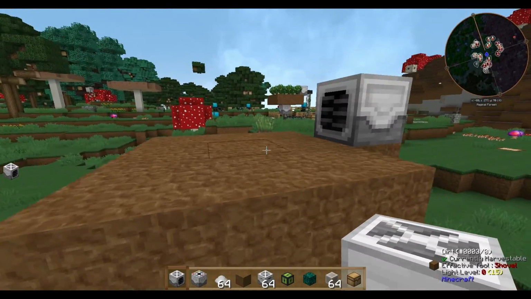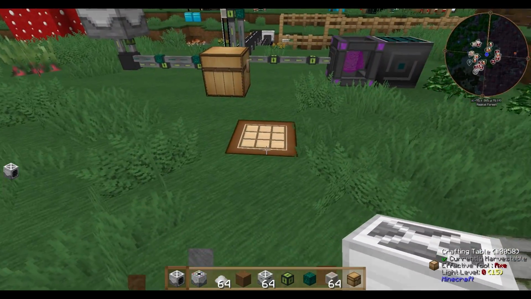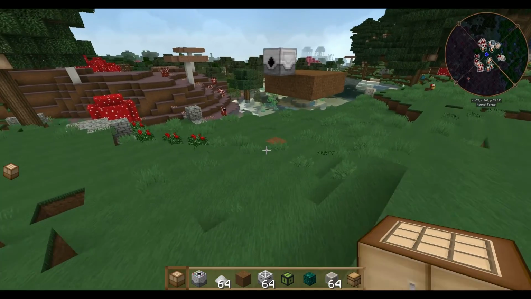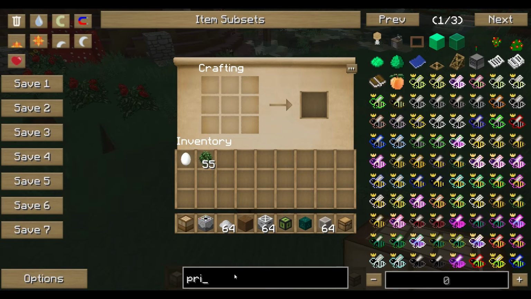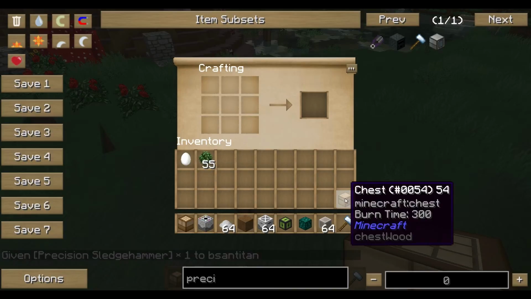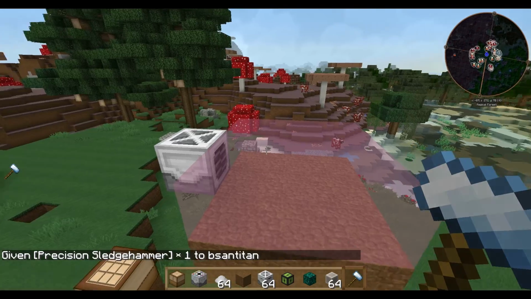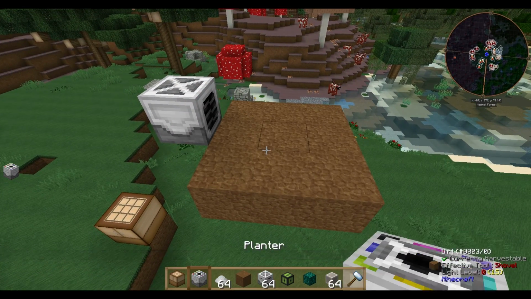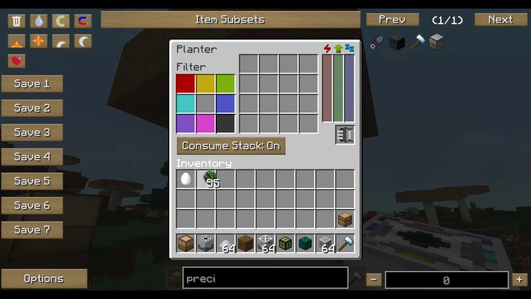The harvester is now harvesting the 3x3 field, and I can show you this by getting me a crafting table, by having a precision hammer in my hand. So here we go. And there you see the field that the harvester is looking at and scanning, and if there is a tree or something other to harvest, then it will be cut off. Otherwise, the planter is placed below and also has a 3x3